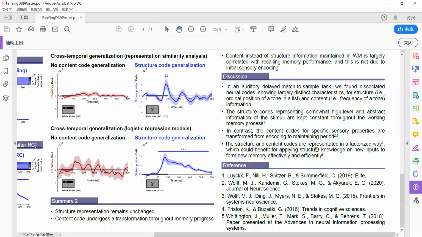Now let's summarize our findings. In an arbitrary delayed match-to-sample task, we found dissociated neural codes showing largely distinct characteristics for structure and content information. The structure codes, representing somewhat high-level and abstract information of the stimuli, are kept constant throughout the working memory process. In contrast, the content codes for specific sensory properties are transformed from the encoding to the maintaining period. The structure and content codes are represented in a factorized way, which could benefit applying structured knowledge to new sensory input to form new memory